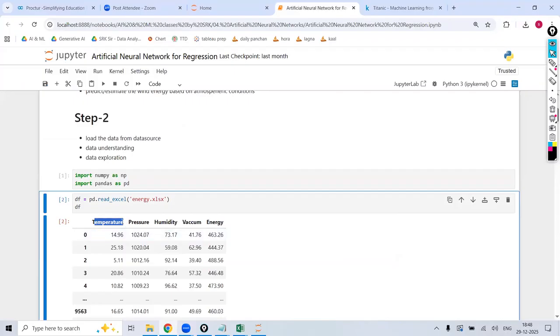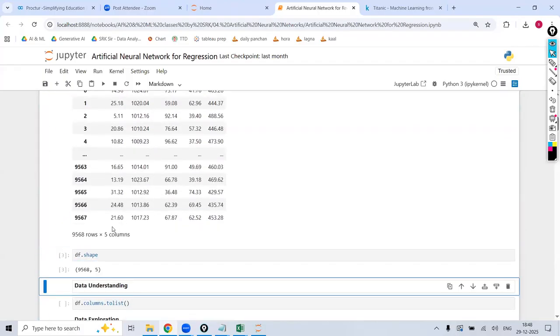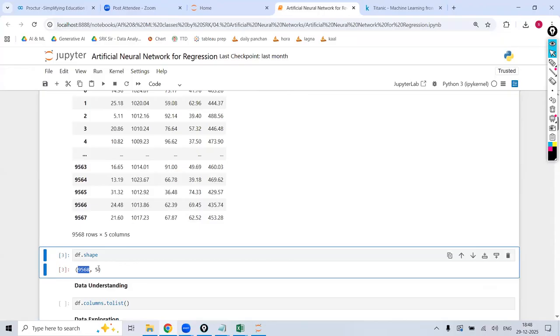Sir, column name is there, can't we understand it? No, we can't understand. Not possible. Everything should be available. So first, the total number of records is 9,568 with 5